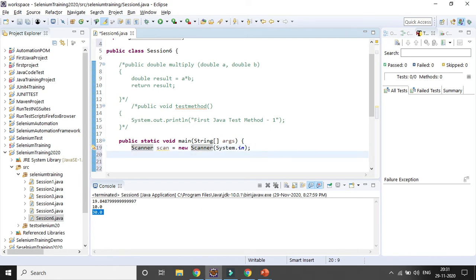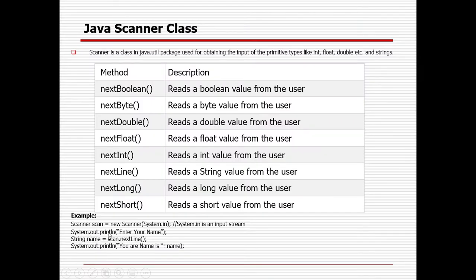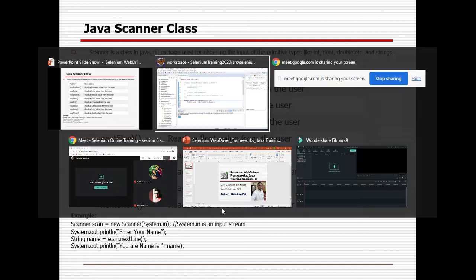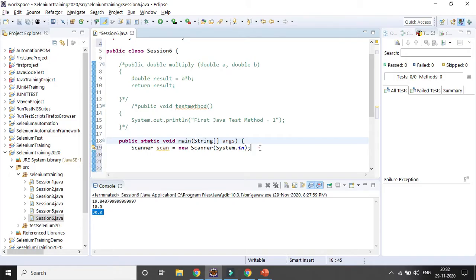Now before that, if you want to print something, you can, after the object or instance is created. Suppose you want to print your name, so you will print "Enter your name". And what is the data type of your name? Name contains alphanumeric characters, right? So the data type will be